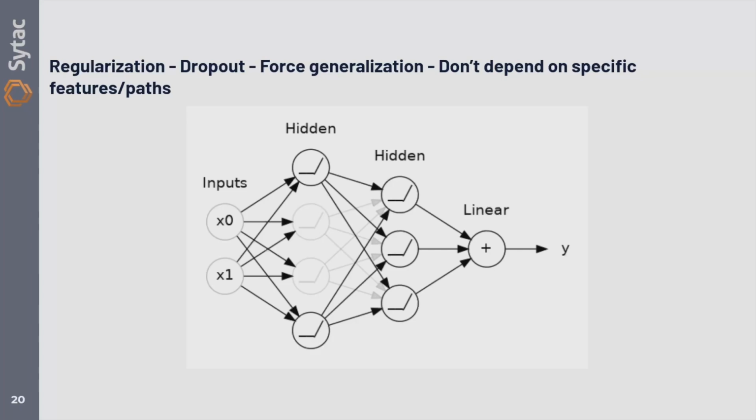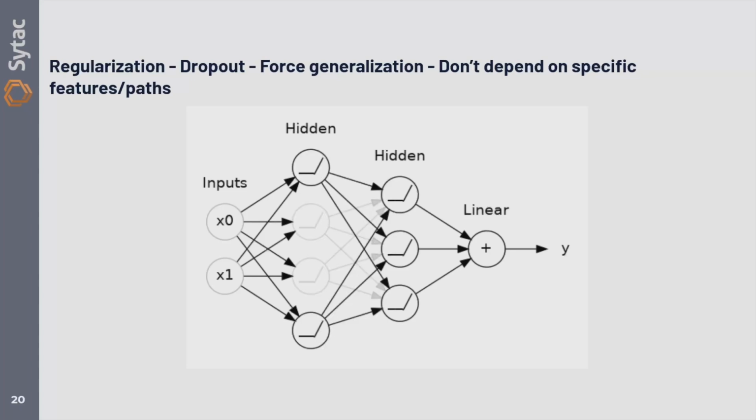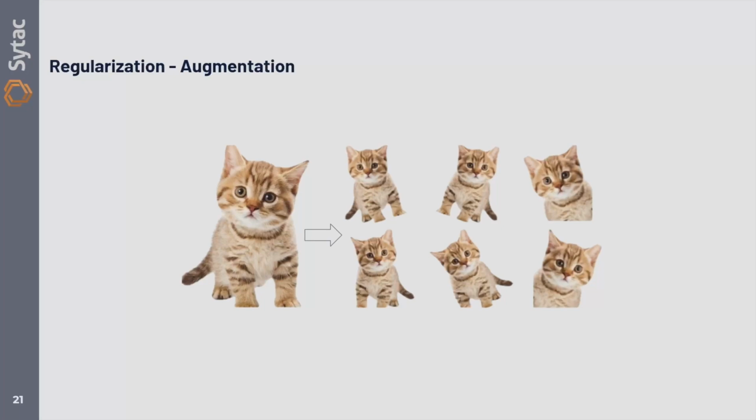One of the nicer tricks that I actually like very much is dropout. This is a way to force the model to generalize in that you take away parts of the model every time you train. So you make sure that it can't depend on any single feature or any single path to make a decision. So, a dog without an ear is still a dog. So if you take part of the input data away or part of the features, then it still needs to make a good decision. And with dropout, you basically shoot holes in your model each time and force it to adapt.